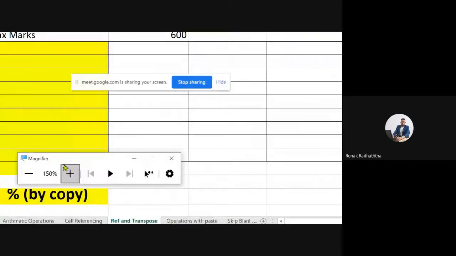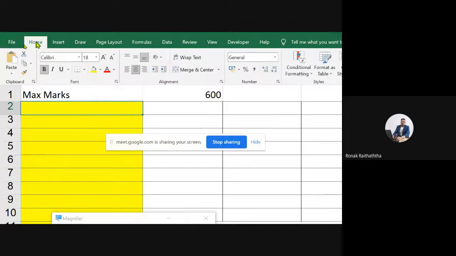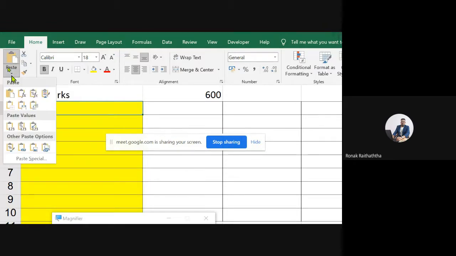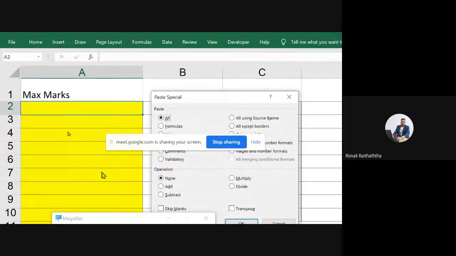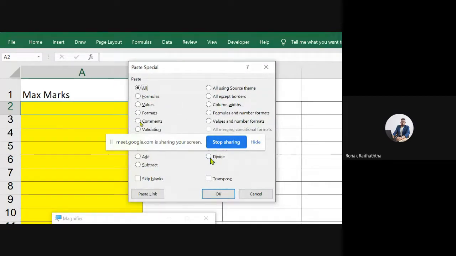My friends, everyone, please go to the Home tab. In Home tab, go to the drop down arrow of this paste function. Click on it. Go to the paste special from here, my friend. Once this dialog box appears, select the option of transpose. Everyone, my mouse cursor is situated over there. Please check it out. Select this option of transpose. Nothing else you will have to do, my friend.